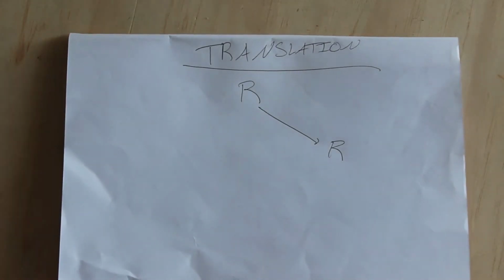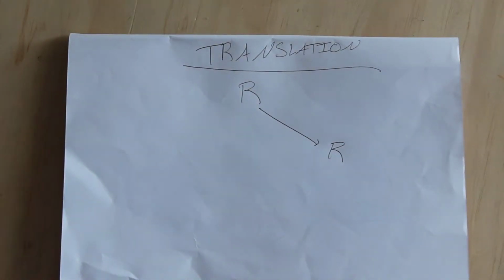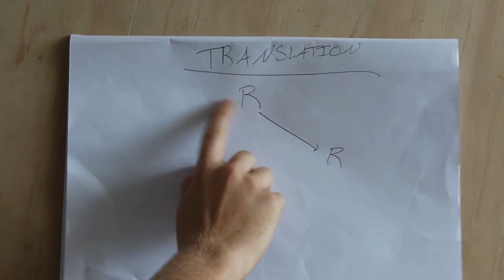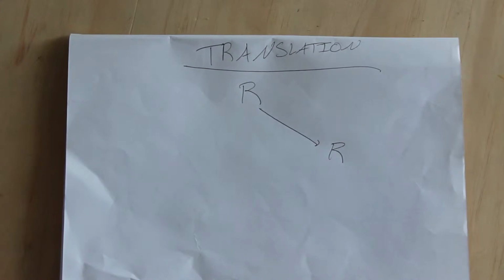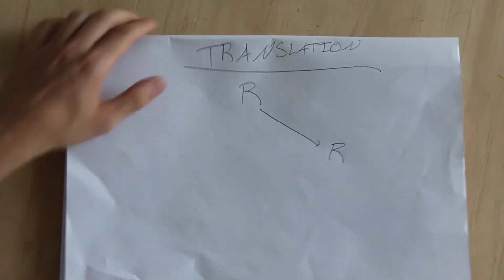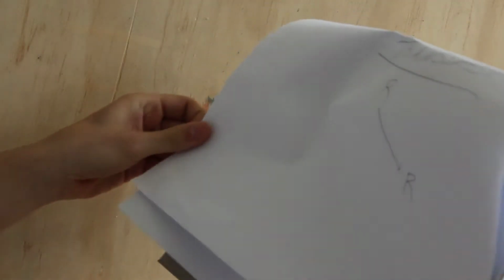Translation is, as I said before, within glide reflection we talked about reflecting and translating. This is translation, where we've taken the R and we've moved it somewhere else. That is the be all and end all of what translation is. Next is